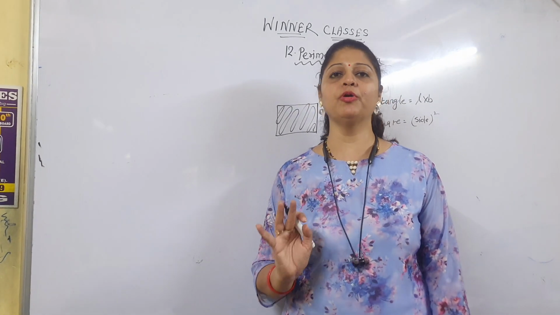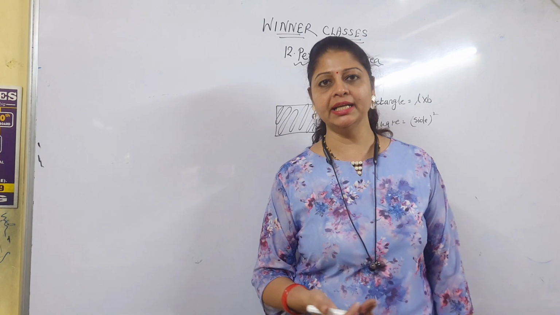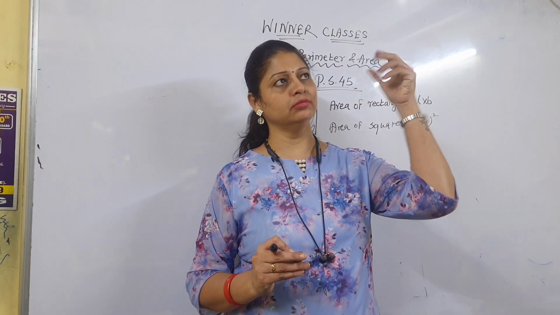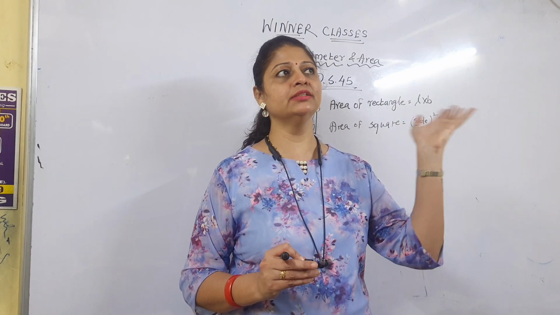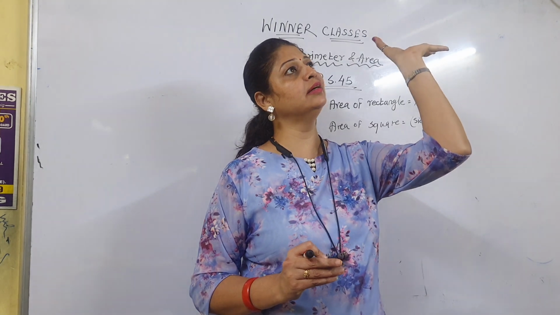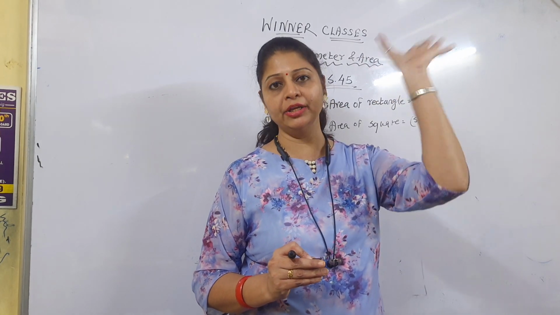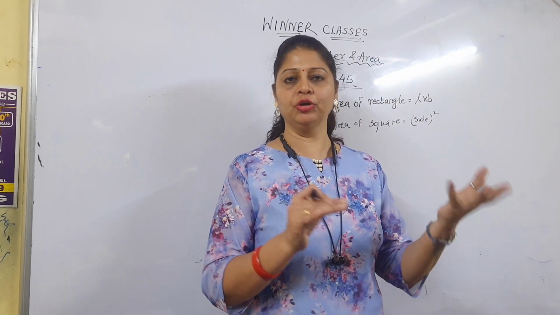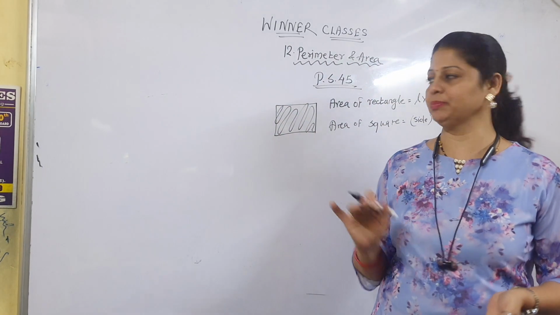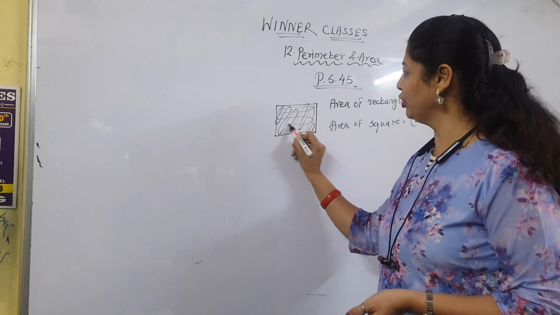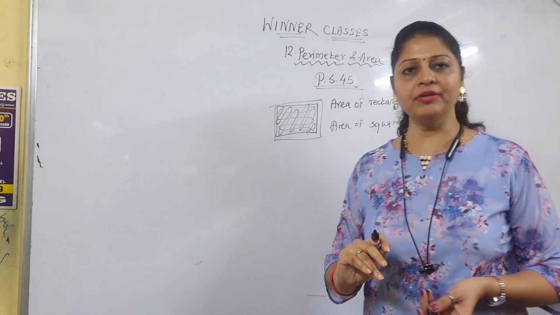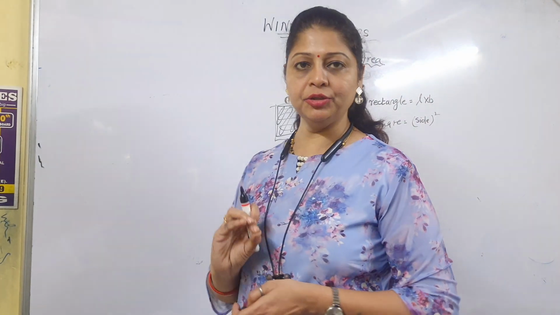And the most important thing, see, at our home we do interior work. When we have to do the interior, whatever the mason did in his work, at that time he used the area. He found out the area of that particular hall, bedroom or kitchen. After that they do the interior for that purpose. See, now this is the interior part, so we call that area, and the border is the perimeter. Got my point everyone? So this is the simple concept related to the area.